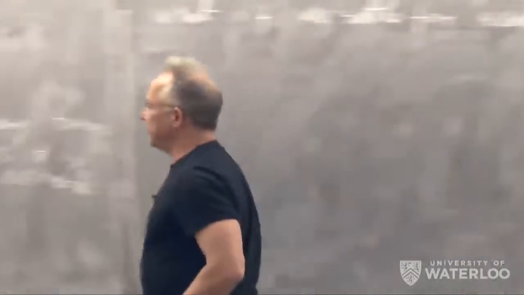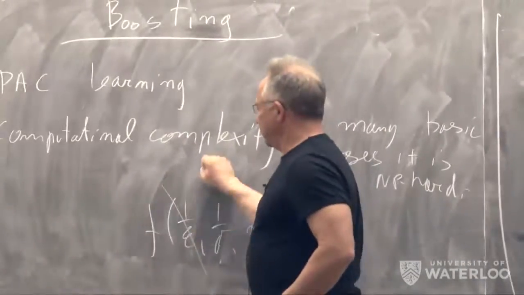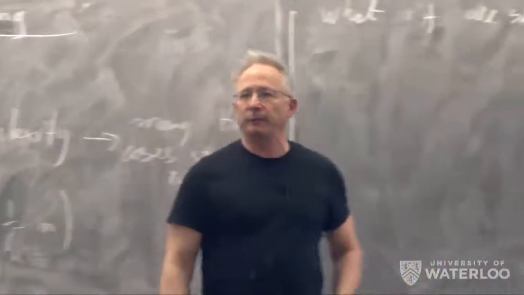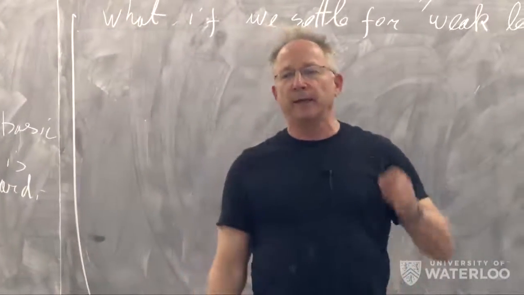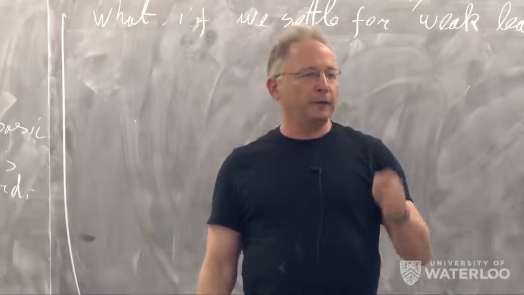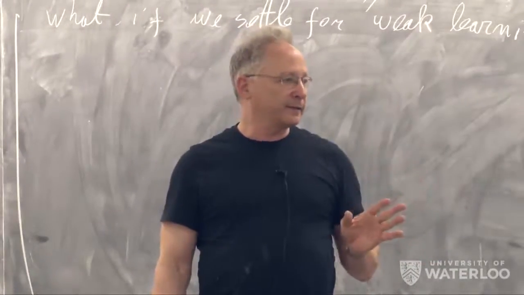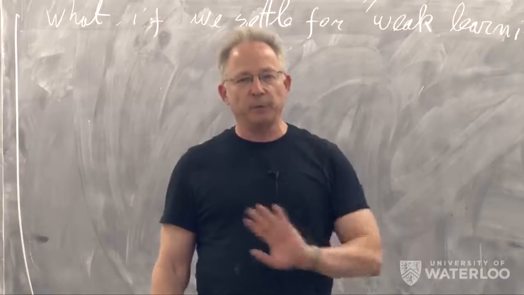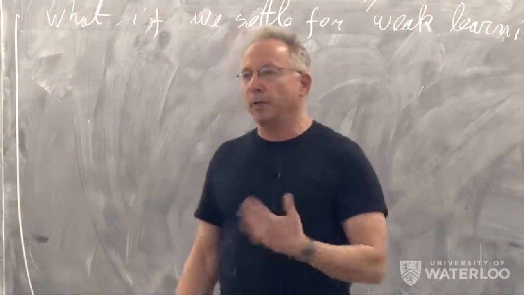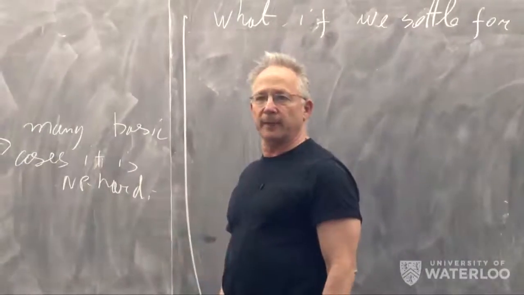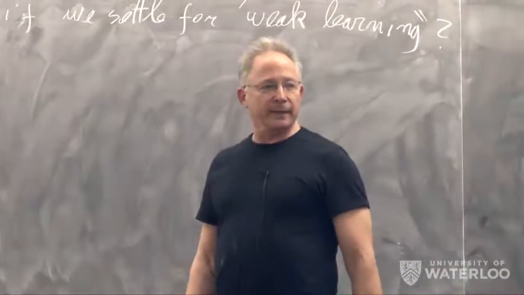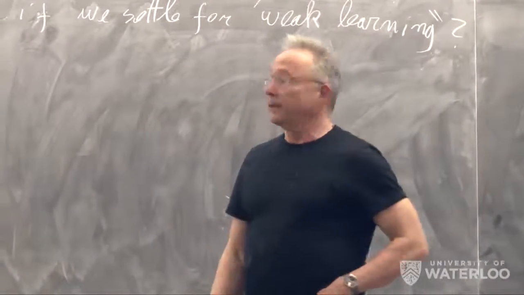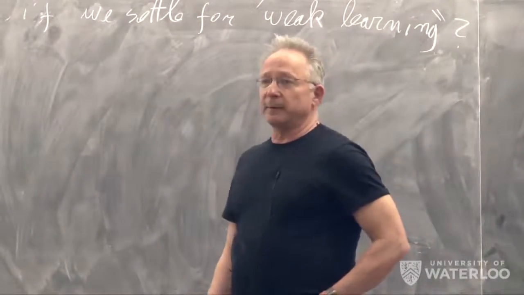I'm going to delete this epsilon parameter, the dependence on epsilon for my function. All I want is an algorithm that will give me advantage over random guessing. I'll be happy if I do better than random guessing. Will it allow me to overcome the computational complexity? That was the question that people were asking, and this was the question that was posed to